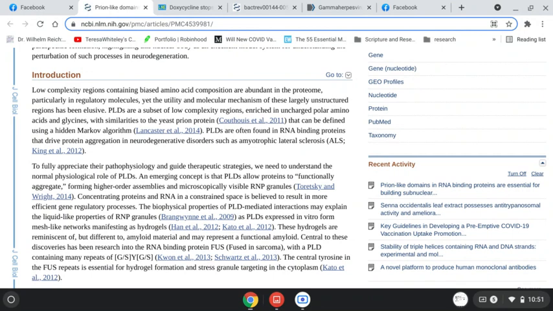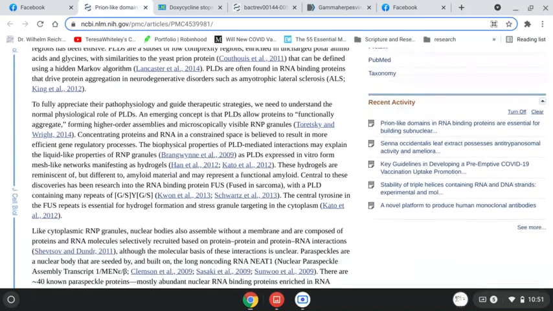The biophysical properties of prion-like domain mediated interactions may explain liquid-like properties of RNP granules, as PLDs expressed in vitro form mesh-like networks manifesting as hydrogels. These hydrogels are reminiscent of, but different to, amyloid material and may represent a functional amyloid. Central to these discoveries has been research into the RNA binding protein FUS, fused in sarcoma, with a prion-like domain containing many repeats. The central tyrosine in the FUS repeats is essential for hydrogel formation and stress granule targeting in